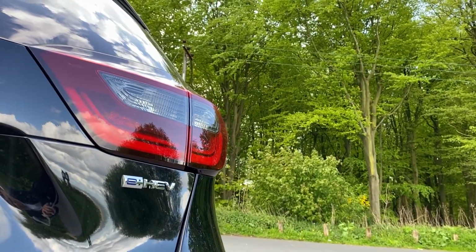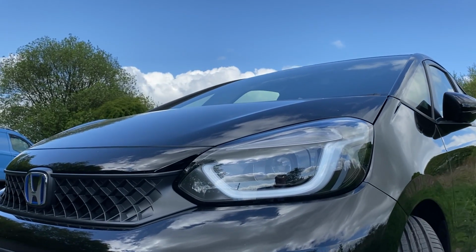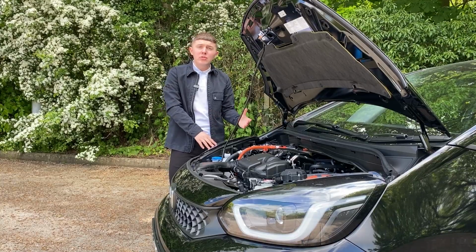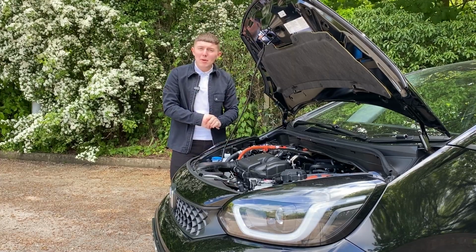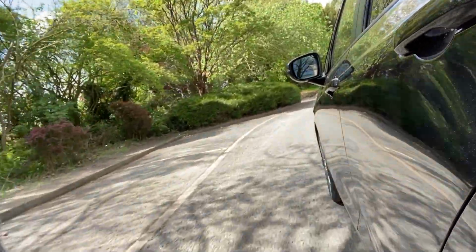This car can also average a combined miles per gallon of just over the 61 mark. It can produce a 0 to 60 time of 9.6 seconds, which doesn't necessarily seem fast on paper. But when driving, you get this sense of electrified driving. It somewhat does feel like an EV. It's pretty quick off the line, it's smooth, and overall it does feel much quicker and much more powerful than